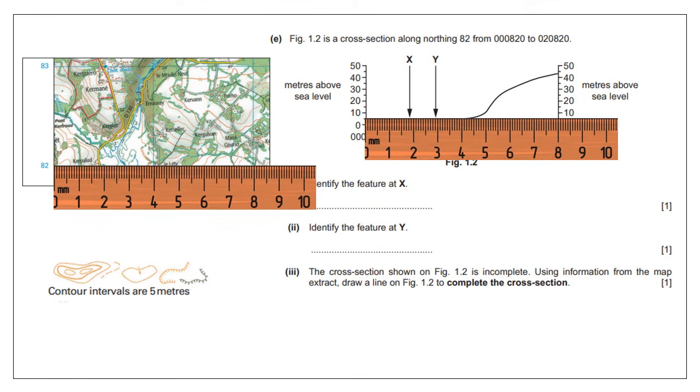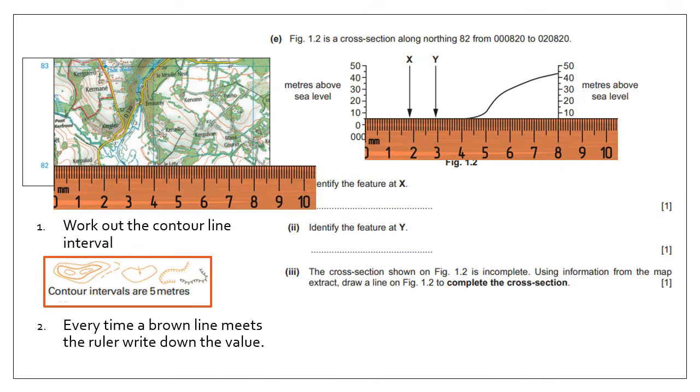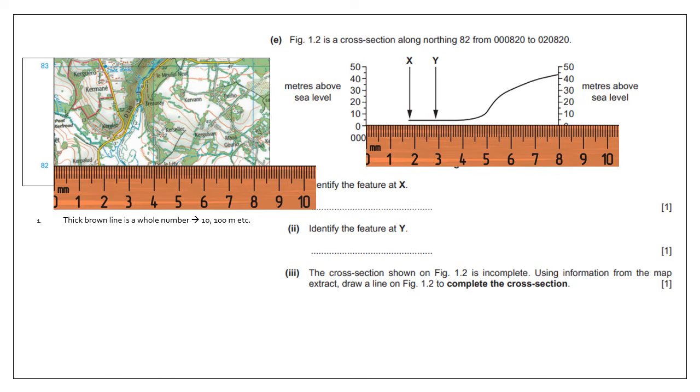So I take out my ruler again. And after I've worked out the contour interval, I mark on every time a little brown line, the contour line, meets the ruler, and I write down the value. So in this case,